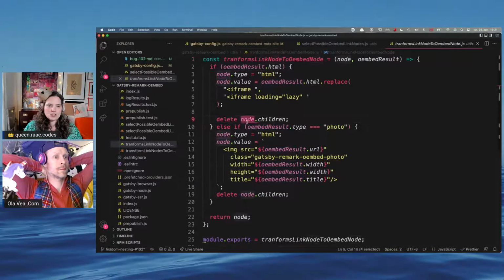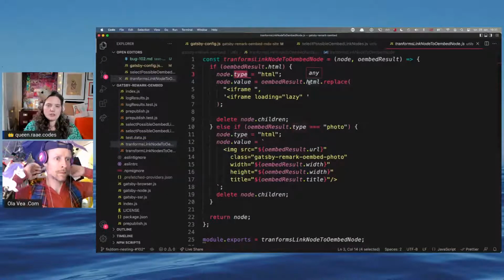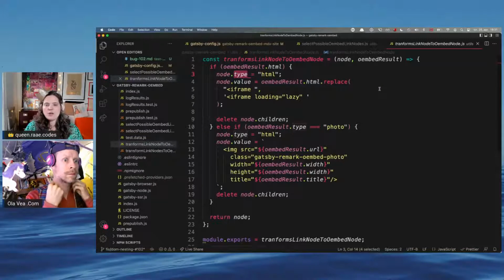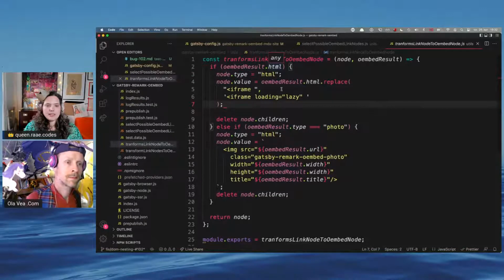So I delete all its children, and I say that now you should be of type HTML, and the value should be the HTML results coming from the oembed endpoint. And then we're doing some very easy changing here, where we say the iframe should be loaded lazy. And that's if it has HTML, and if it doesn't have HTML, it's a photo, and we do something else, but let's not care about that now.